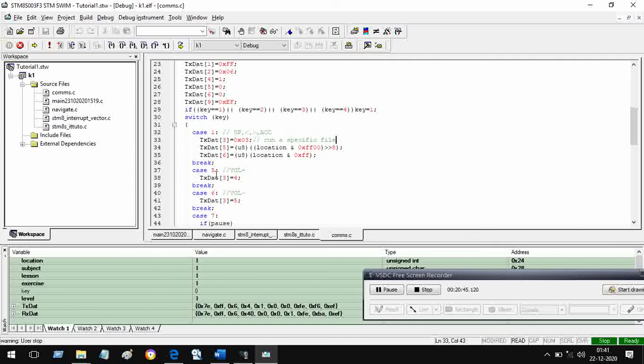If it is case 5, why is it 1 and why have I suddenly gone to 5? Because here I only wanted to obtain the address in the appropriate form, that is, fill the txdat array with appropriate values. That is what I wanted to do, and this happens when I press key 1 or key 2 or key 3 or key 4. When I press any one of them, the same thing I have to do repeatedly. So I say that if key is 1 or 2 or 3 or 4, then call it key 1 and do the job.